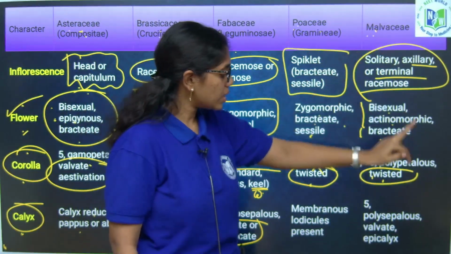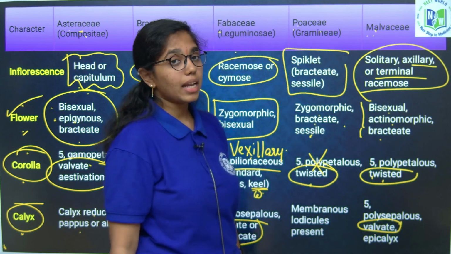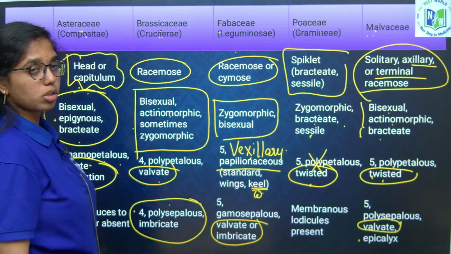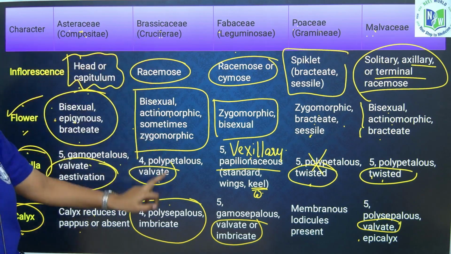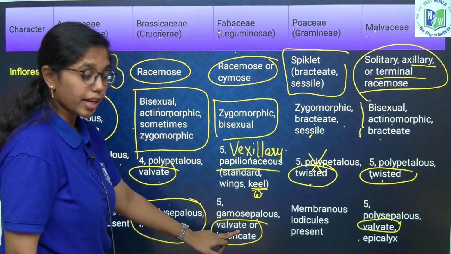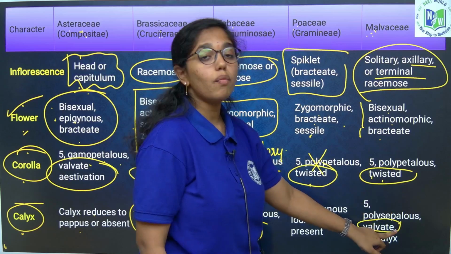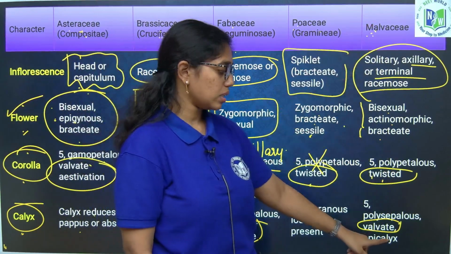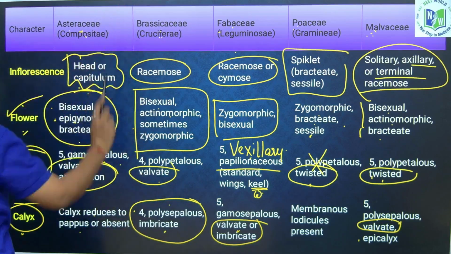Next, Malvaceae, it is valvate aestivation, and over the calyx you can also see the epicalyx. If you look into the aestivation properly, Brassicaceae, calyx is imbricate aestivation, Fabaceae it is valvate or imbricate aestivation, and Malvaceae it is valvate aestivation of calyx, and a unique feature of Malvaceae is that it also has the epicalyx. Next,